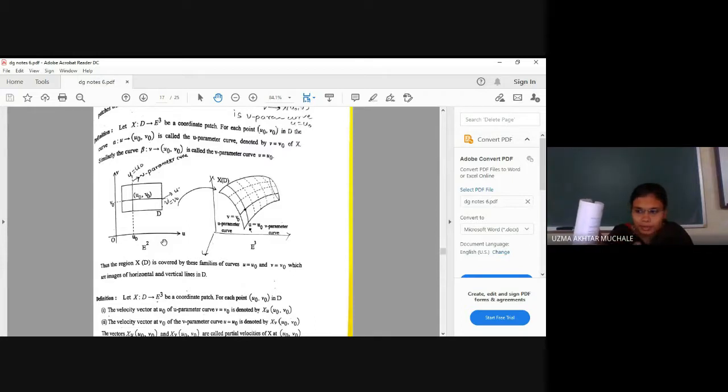Okay, so what are these curves? These are u parameter curves. Why is it called a u parameter curve? These are fixed, that is, we are going to fix the value of y. That is v. We are going to fix v equal to some v naught. If we fix v equal to v naught, these are nothing but your u parameter curves. So here we will get a u parameter curve.